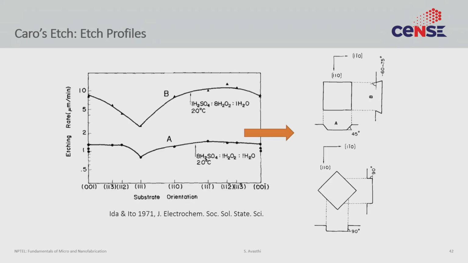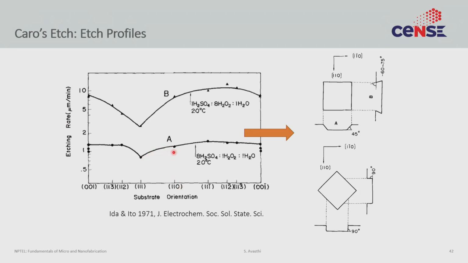So of course, as we had discussed previously, Caro's etch is fundamentally an anisotropic etch. So the iso-H curves that we saw in the previous slide are for a certain temperature and a certain orientation. So if you were to look at different orientations for the same composition, you would actually get different etch rates. So this is what this curve on this slide looks like. So let me grab my pointer again, and you see that the etching rate as a function of substrate orientation, and different orientations, say 111 versus 110, have slightly different etch rates.